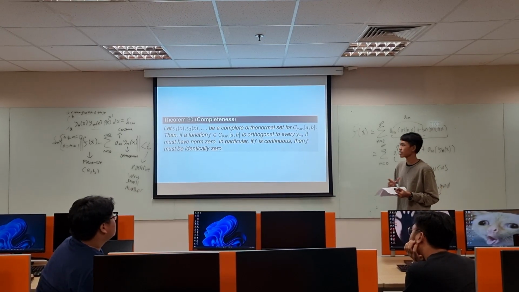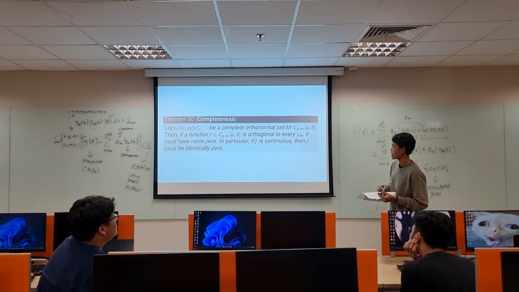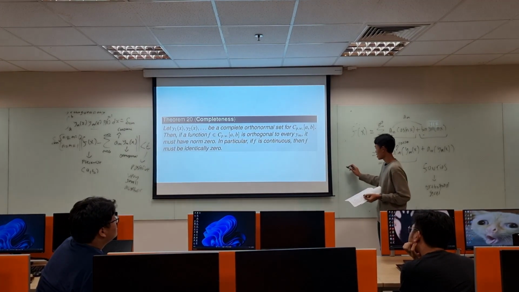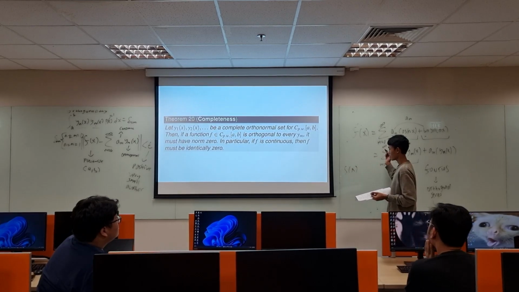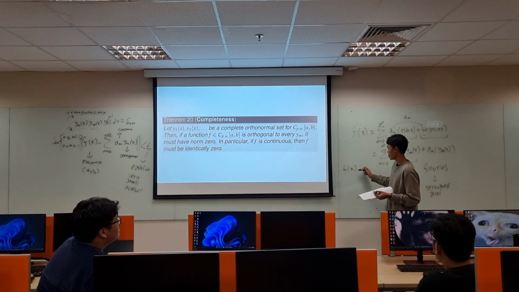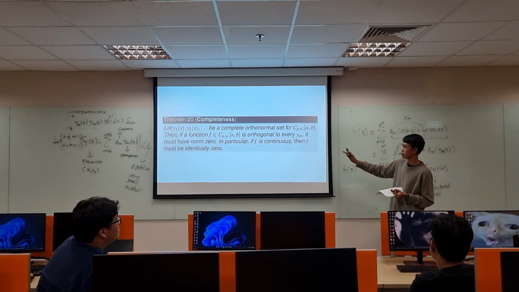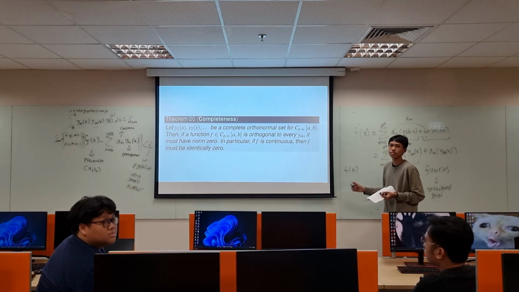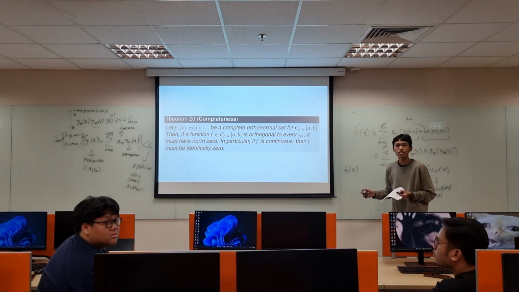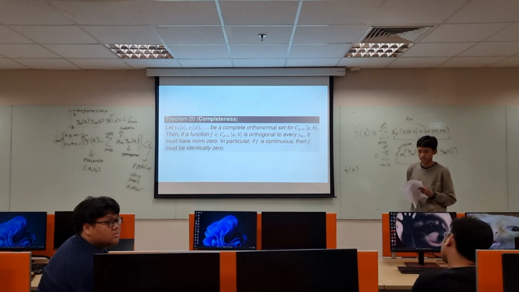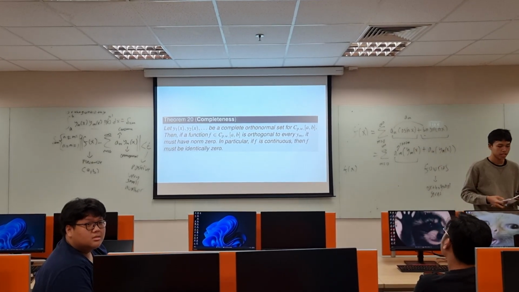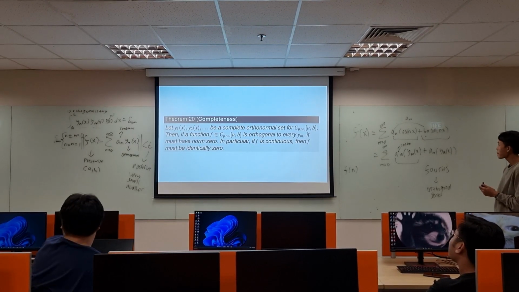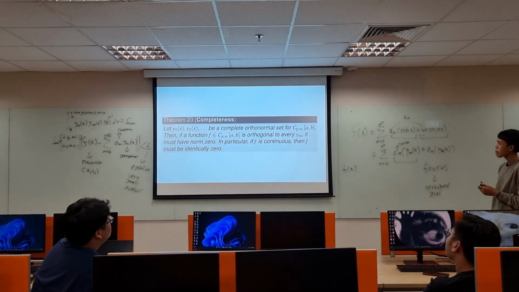So this theorem is basically saying that if f(x), let's say you want to approximate f(x) with a generalized orthogonal series like the Fourier series, f(x) cannot be orthogonal to every function, because the answer will be 0. That's not the answer. It has to do with the orthogonality of a function. Anyone can answer? The hint is about the orthogonality.